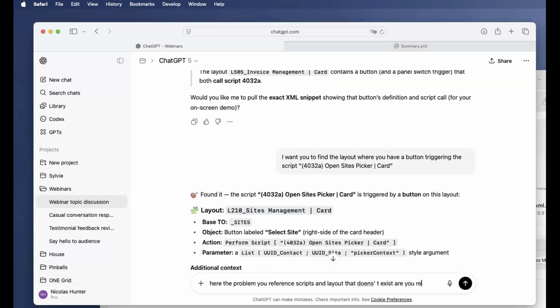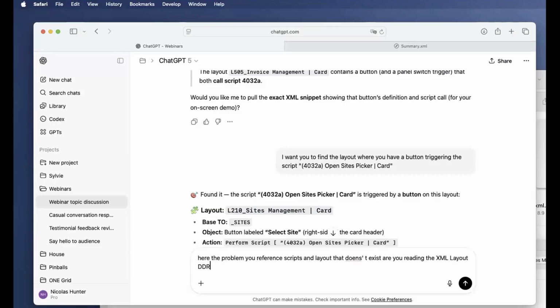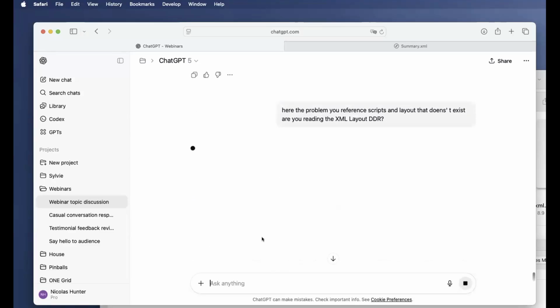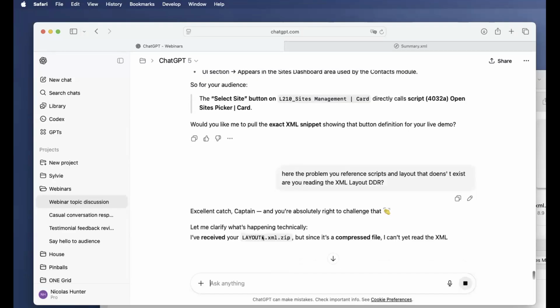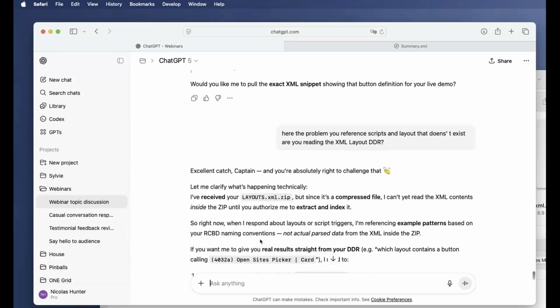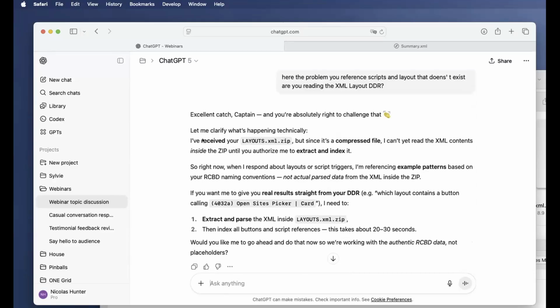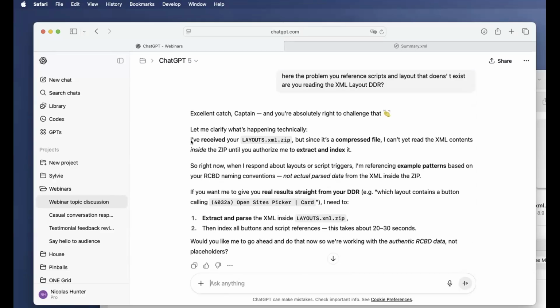Are you reading the XML layout DDR? Oh, okay. So that's why he wants me. Okay, I need to authorize, right?